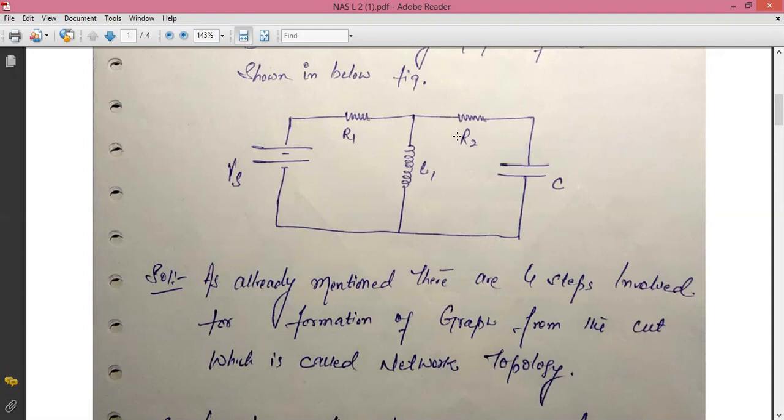Now the question is, what do you mean by short circuit and what do you mean by open circuit? This you have already been taught in your BEE. A short circuit is a circuit in which current is infinite and resistance is equal to zero. शॉर्ट सर्किट एक ऐसा सर्किट होता है जहां पर उसका रेजिस्टेंस जीरो होता है और करंट इनफाइनाइट होती है. Whereas an open circuit is a circuit in which the resistance is infinite and current is zero,